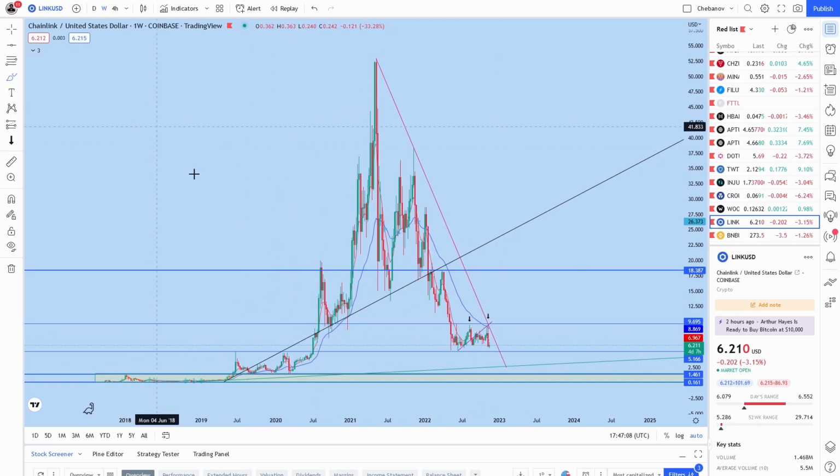The chances to break this global trend line exist, but I think only after we retest this range resistance and feel it, and this is where you can probably even sell and look how we are going to retest this. If we successfully retest this global trend line, then you can re-enter here, but if we lose it, then the next target is here. And in terms of long-term investment, it is going to be a very safe and clear spot to enter, and